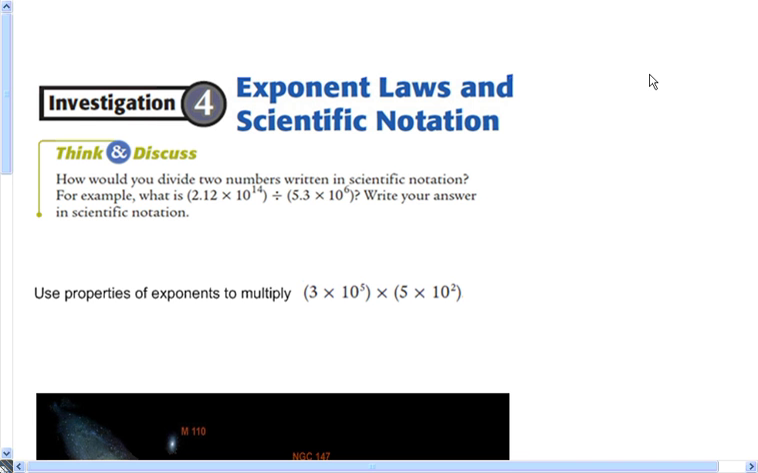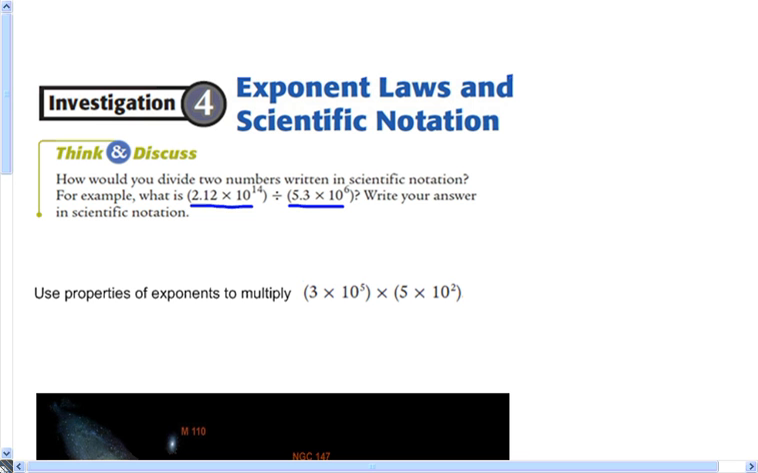So here's a problem for you to think about. How would you divide two numbers written in scientific notation? For example, what is 2.12 times 10 to the 14th divided by 5.3 times 10 to the 6th? Write your answer in scientific notation. Well, to do that problem,